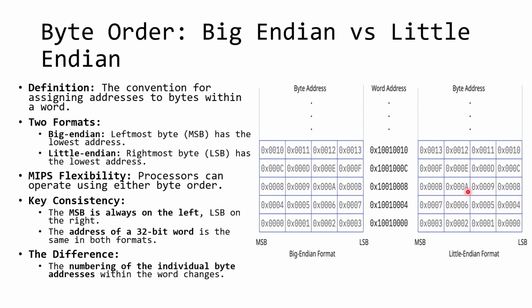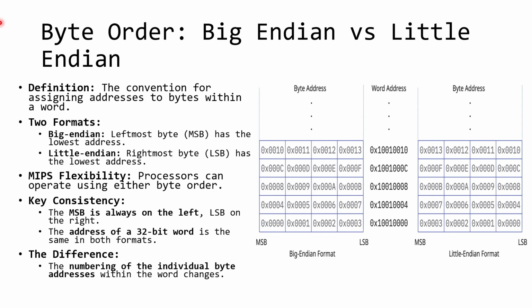4, 5, 6, 7, 8, 9, A, B, something like that. Now, the processor can operate using either byte order. The most significant bit is always on the left, and the least significant bit is always on the right. The address of the 32-bit word is the same in both formats. So don't get confused. If your friends' laptops show a different output, it's because